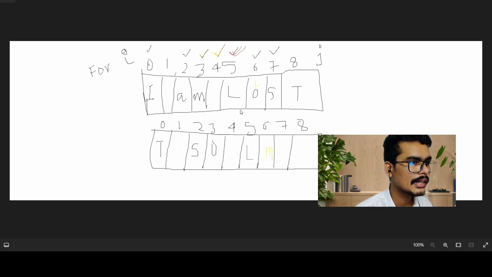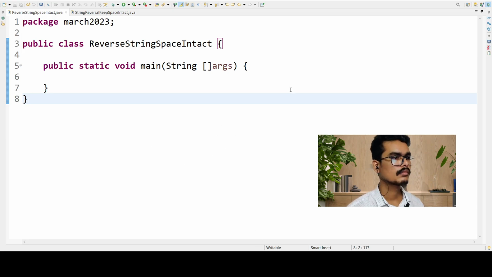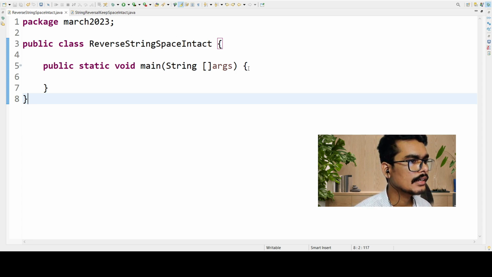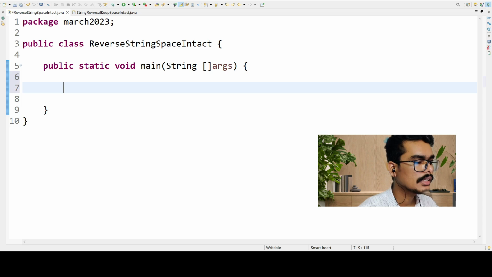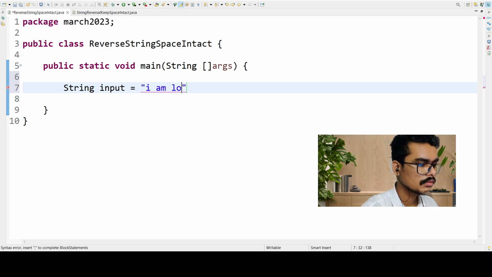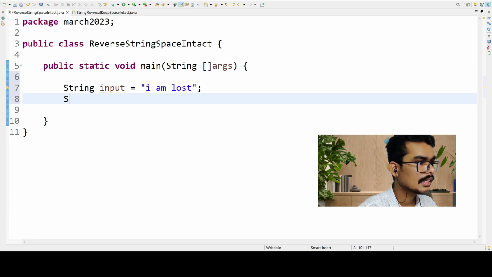So I'm going to write the code to explain it to you. So let's write the program for it. I have created a class named ReverseStringSpaceIntact, and for this we will have to put an input string. Let's call it string input equal to, let's say the input string is "I am lost", and string output equal to,